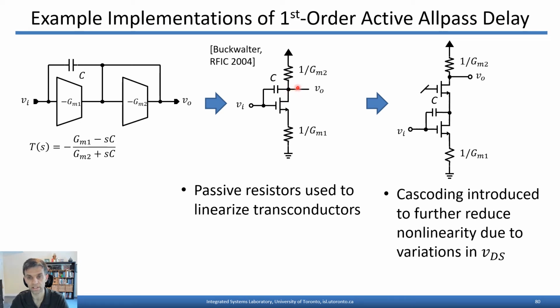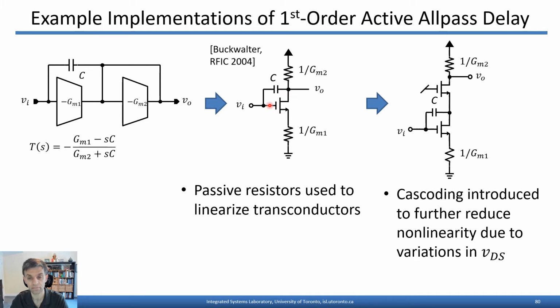The downside here is that you've got perhaps some headroom issues to allow for the DC voltage drops across these resistors that arise because of the bias current that's needed to keep this transistor active. A variation of this circuit was presented at the RFIC Symposium in 2004, except in that paper, the transistor here was actually a bipolar device, but the same premises and trade-offs were at play there. So in this example here, however, you've still got some variations and nonlinearities that arise because you've still got an active device here